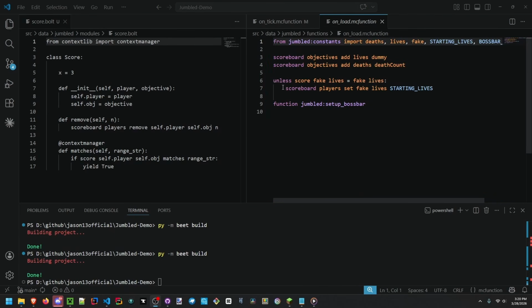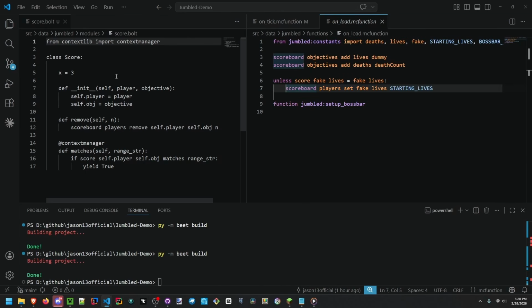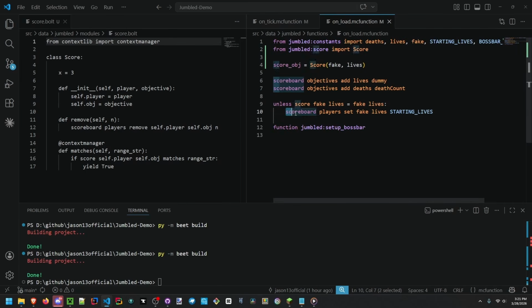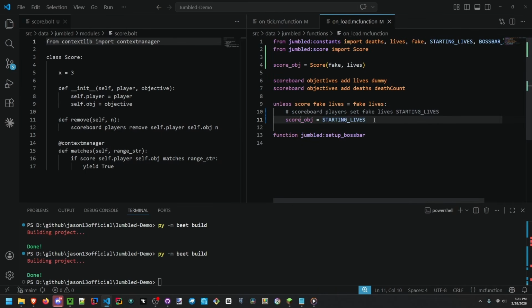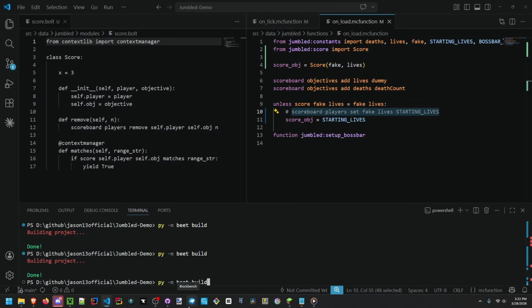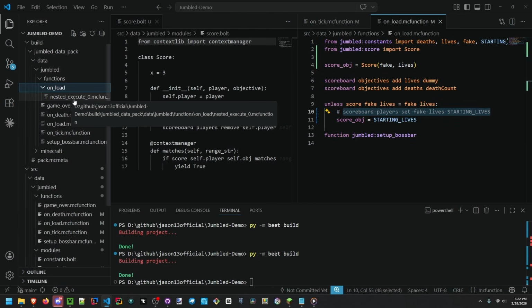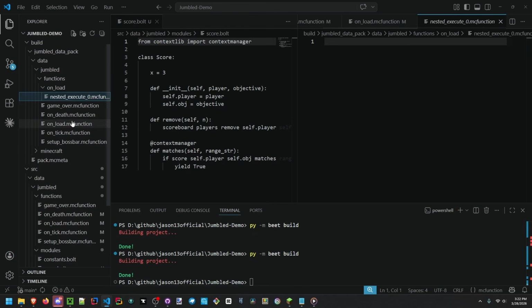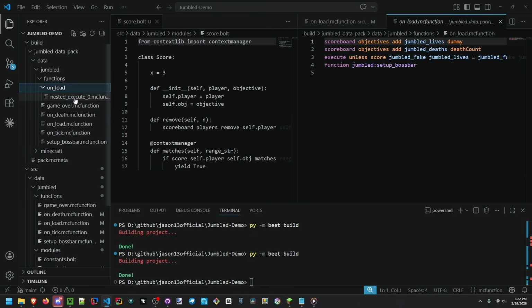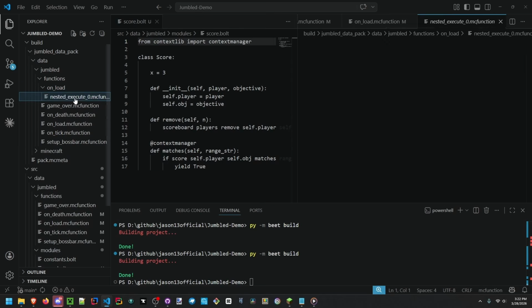Something else we can clean up is actually the scoreboard players set fake lives, starting lives. So we're going to do this with our score class as well. But we're not going to use a method. We're actually going to transform it in a sense. So instead of having all of this written out, we want to have a shorthand where we're basically just directly setting the value. So our score object is created with our fake player and lives objective. We're setting that score to the starting value to replace this longer line of code. So just like the context manager we just had to do, this doesn't work instantly. And this actually creates a lot weirder logic than I was expecting. For some reason, there's now a folder created with a nested execute function, which is empty,